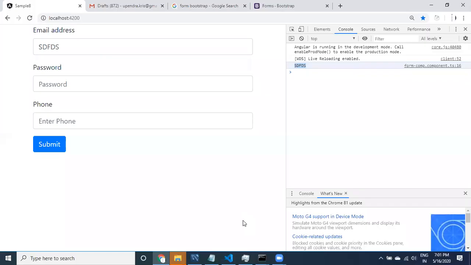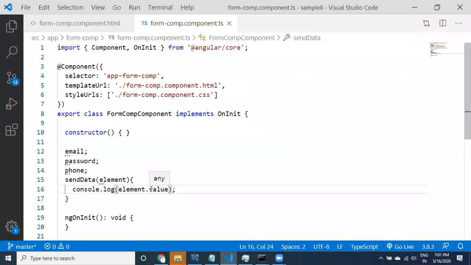So what I did, we are receiving the element object. From the element object, whatever you say dot value, whatever value you have provided, that particular value is going to get printed in the console. Now this send method is going to be called from where?